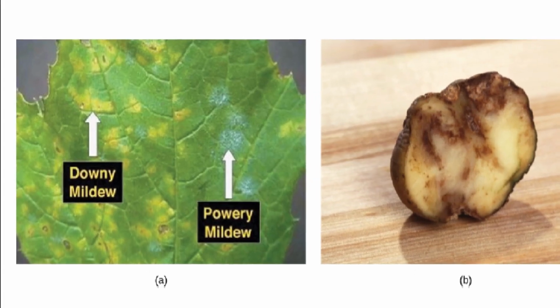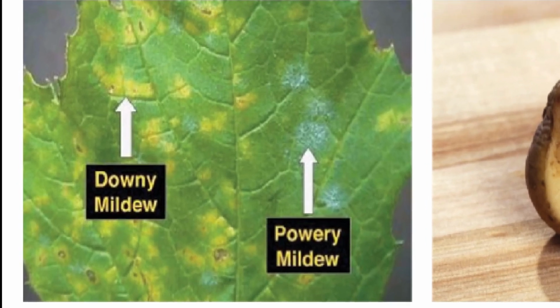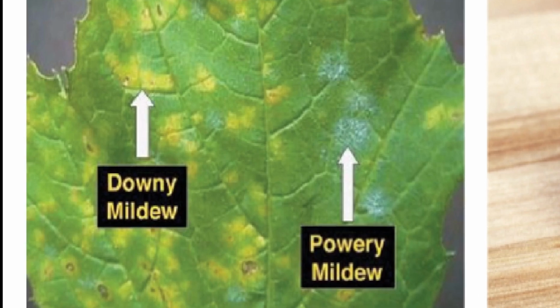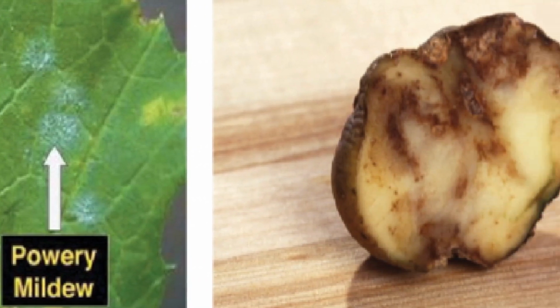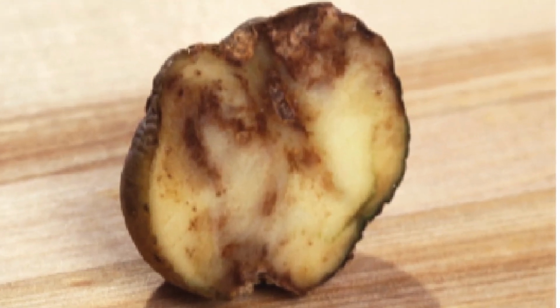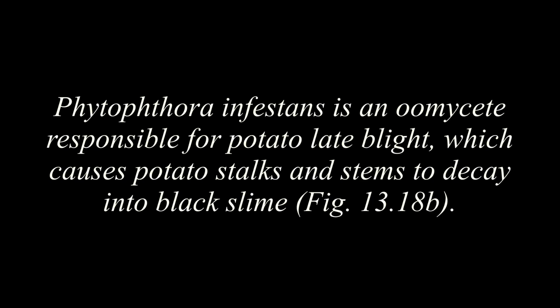Figure 13.18. The downy and powdery mildews of this grape leaf are caused by an infection of Plasmopara viticola. This potato exhibits the results of an infection with Phytophthora infestans, the potato late blight. Phytophthora infestans is an oomycete responsible for potato late blight, which causes potato stalks and stems to decay into black